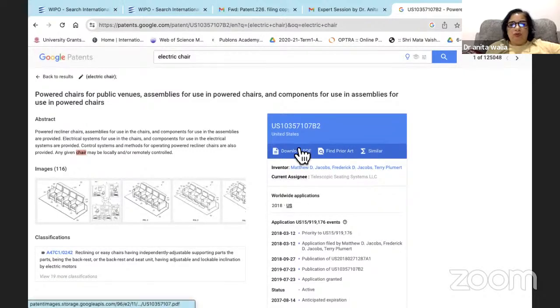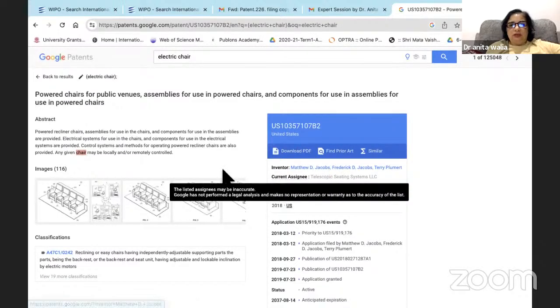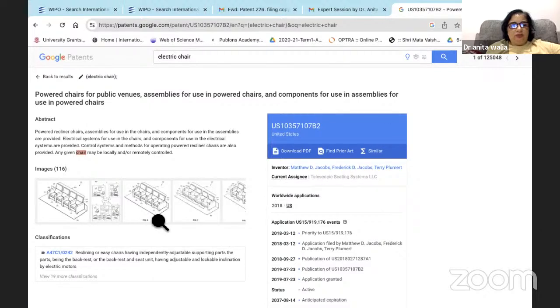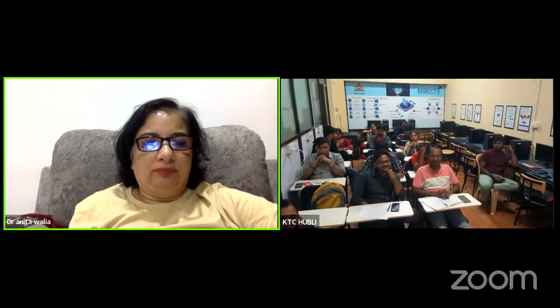You can download the PDF. You can see all kinds of description, because it is already granted. So even if the description is given and you say, oh, I will copy, if without their knowledge you are doing it, then it is okay. Otherwise, you can't copy. Okay. And commercialization, because under the law they are protected. Patent means what? They are protected from infringement or somebody copying them.